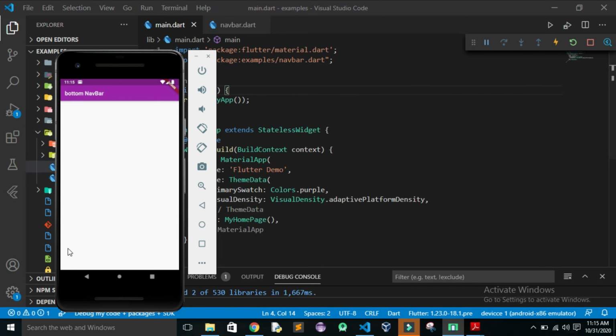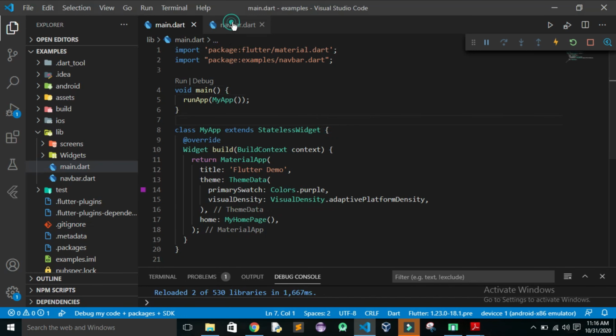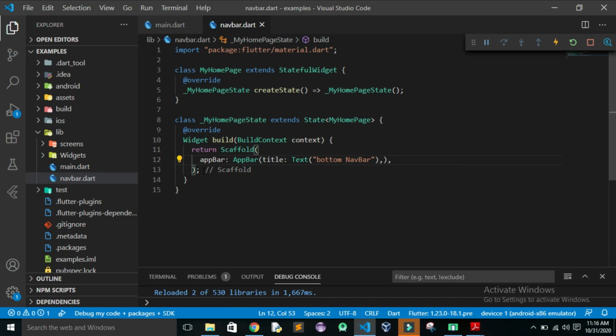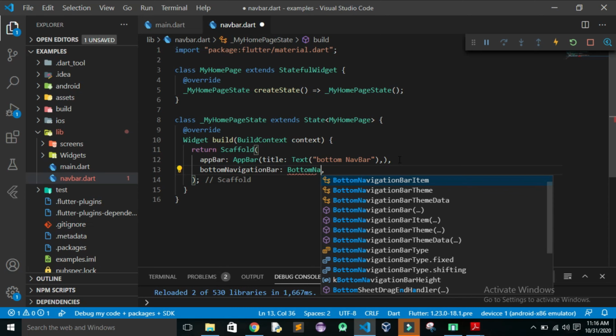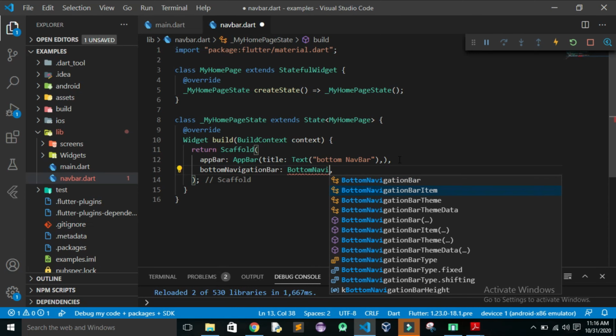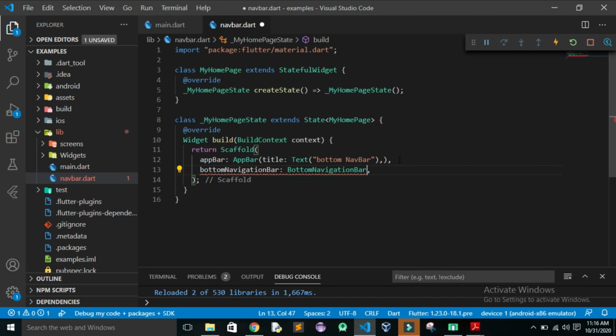Now let's come to the part where we do the bottom navigation bar, and in this I'll use two icons. One is home and the other can be any icon. So now let us dig into it. In the Scaffold we have the option of using bottomNavigationBar, and we can assign a BottomNavigationBar to it.